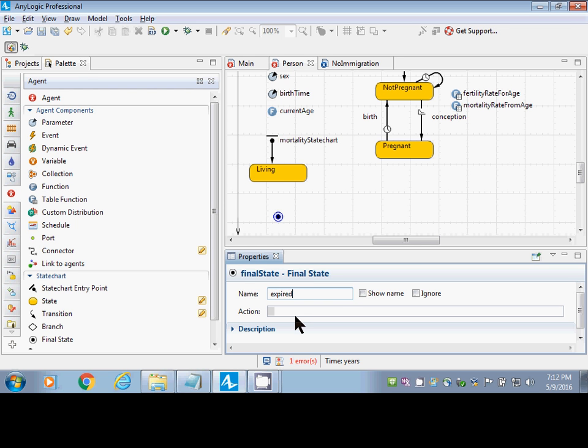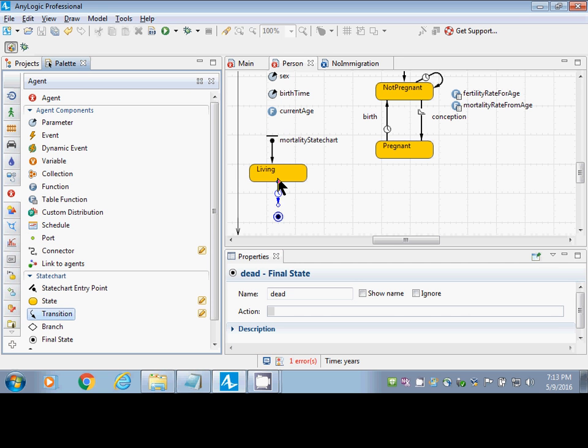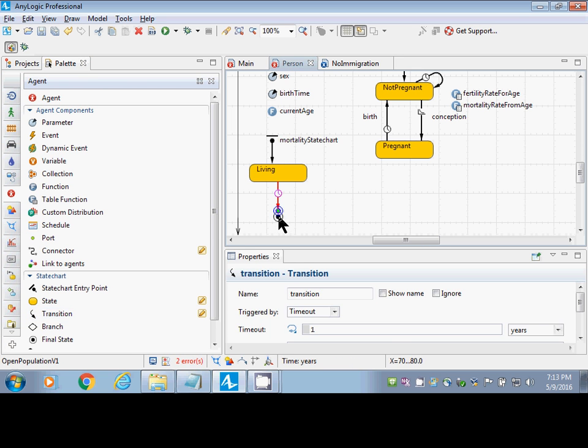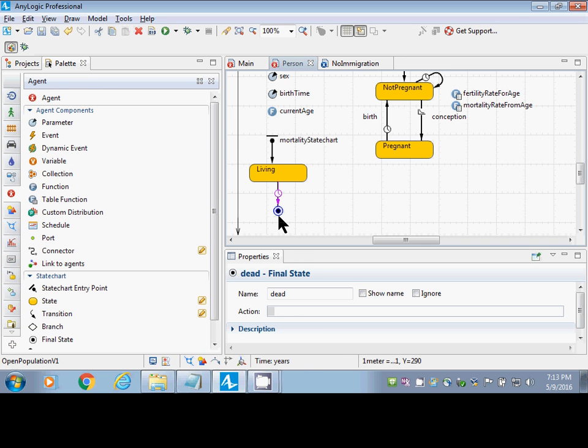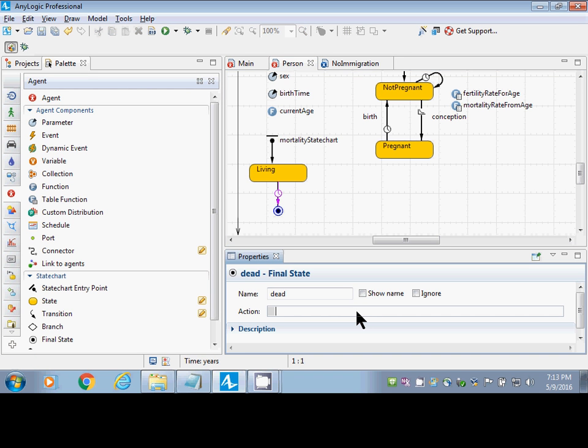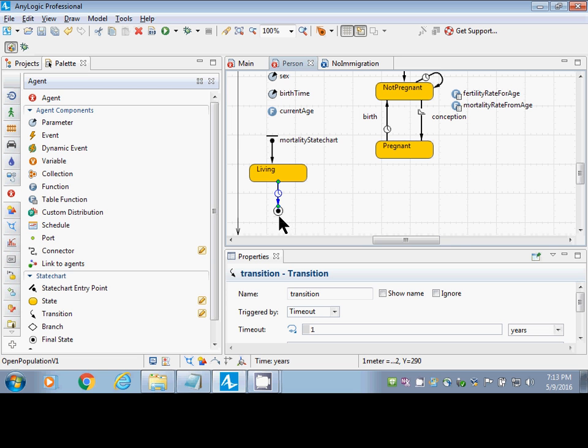So this final state, which has a little bit of a Death Star appearance, is going to mark an absorbing state. You can actually have multiple state charts going to a death state, so others can link to it. Okay, so here the transition is going to be called dying,